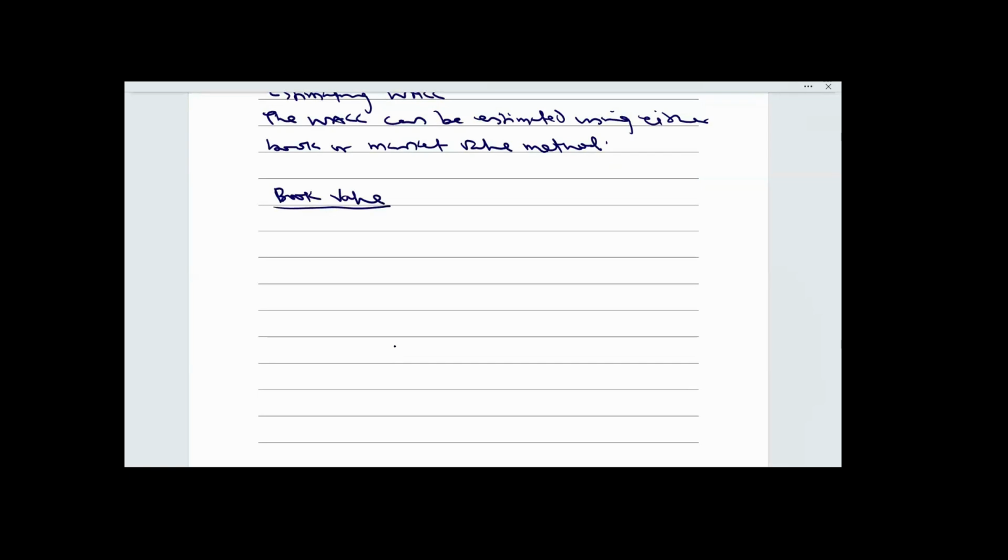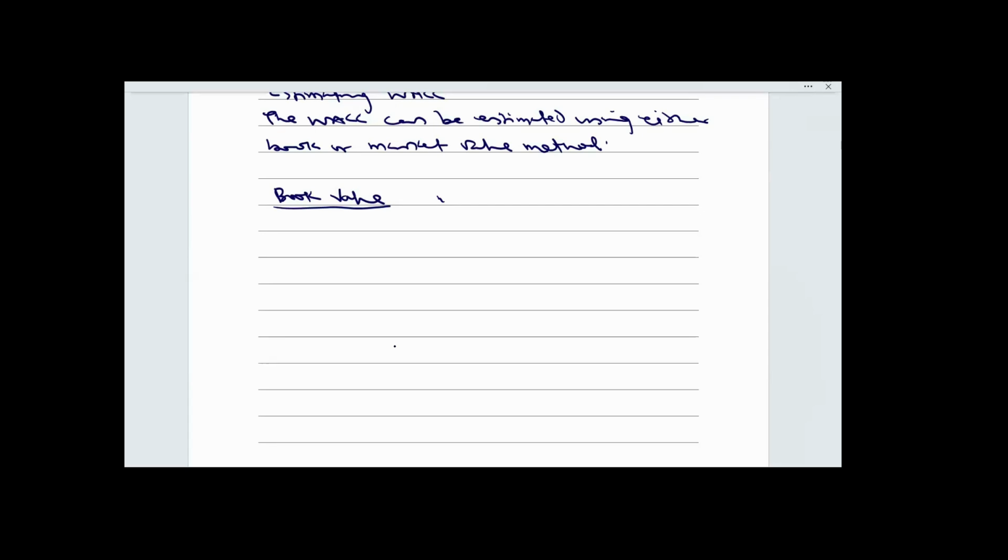Now, when you talk about book value, it simply means the figures you have in the balance sheet. That figure that you have in the balance sheet is your book value. Depending on what you want to calculate, you can also say it's a face value, a nominal value. So it's the par value, whatever you have in your balance sheet, the figure you have in that balance sheet is your book value. So when calculating WACC using the book value, ordinary share capital and reserves must be added together to form the proportion of equity.